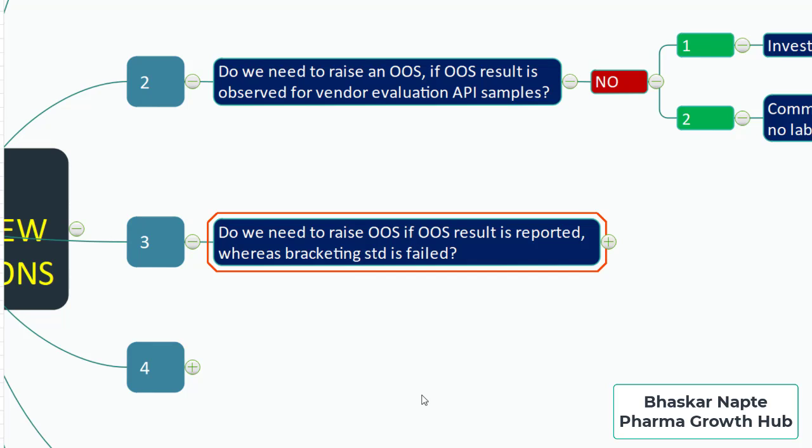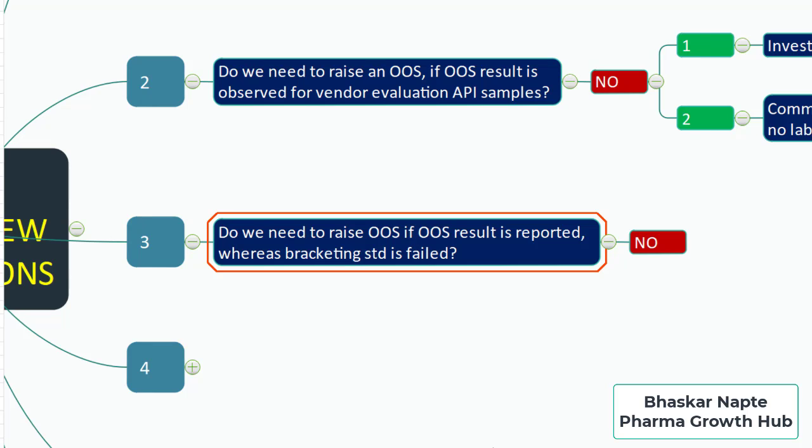Now there was the out of spec result for batch number 2, and when you completed the bracketing standard, you found that the bracketing standard itself is not meeting the system suitability criteria. The question to you is, are you going to investigate that batch number 2 assay failure through the out of spec procedure? The response to this question should be no. The reason is because,